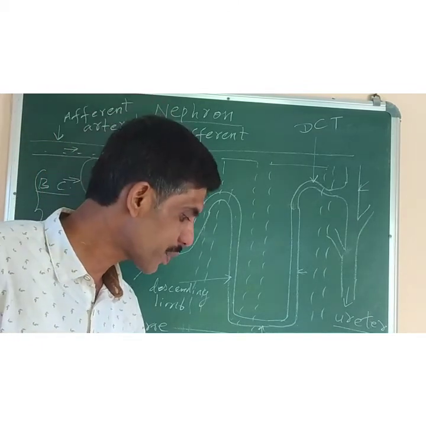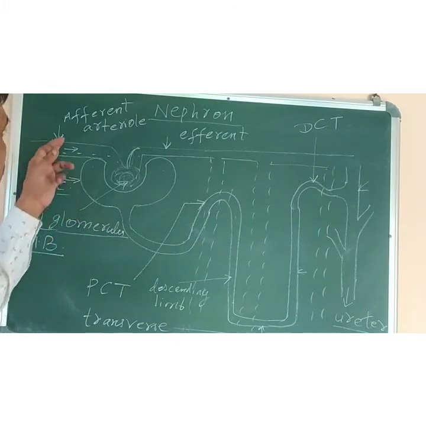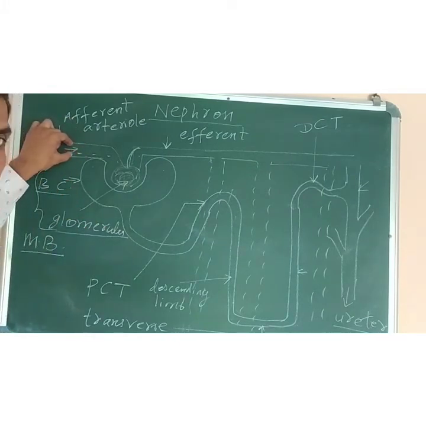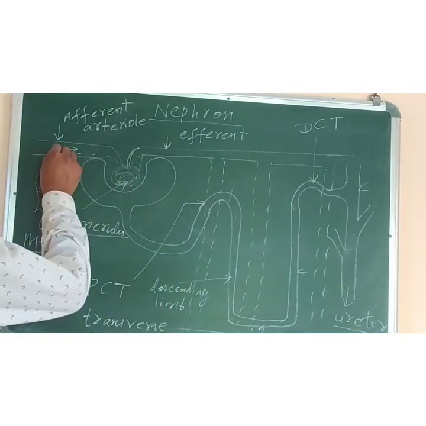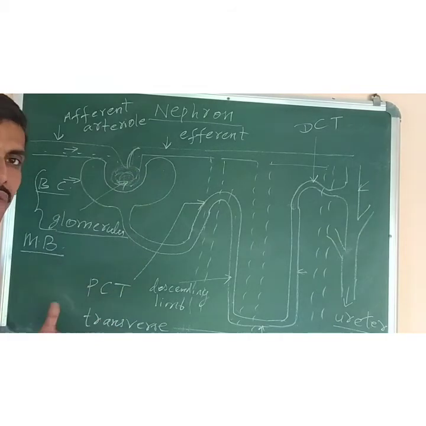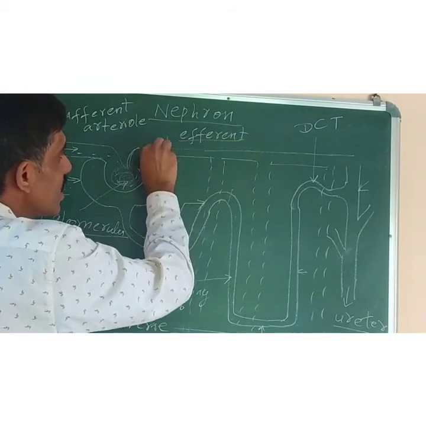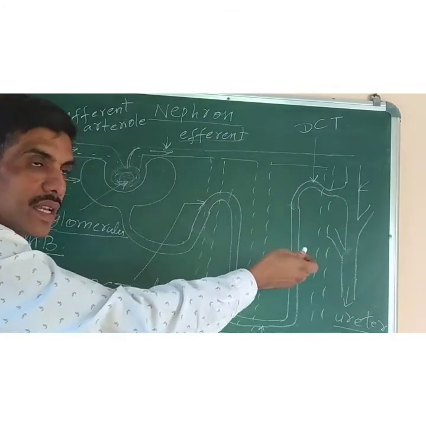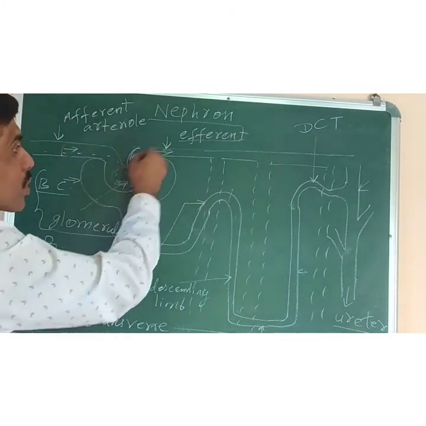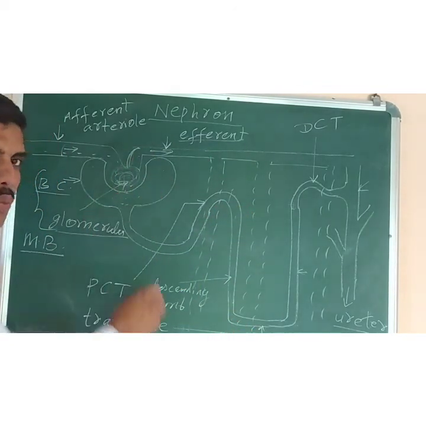Alright. Now next we have the blood supply of the kidney. Each kidney receives the blood supply through a broad arteriole. It is called afferent arteriole. It is formed by the branching of the renal artery. So more blood is supplied to the glomerulus at a very high pressure. Now you can see the diameter of the efferent arteriole is very narrow. So more blood is incoming, less is outgoing. So blood is filtered at a very high pressure inside the glomerulus.